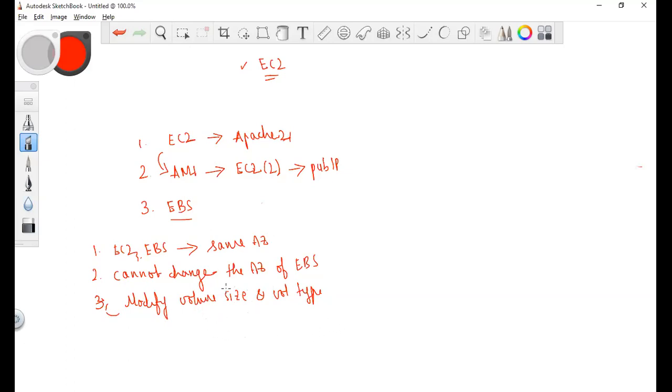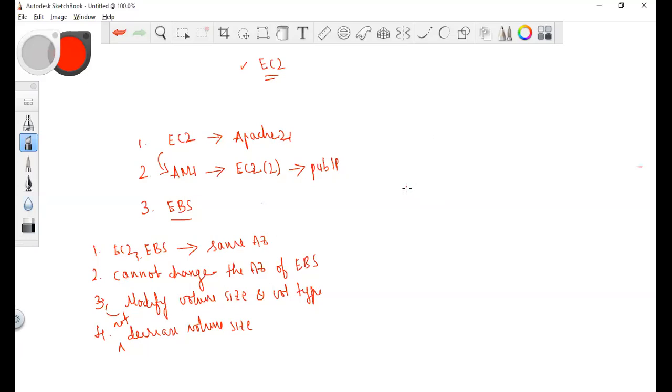And once you create a volume of 2 GB or whatever, you can increase it to 3. You can modify it, but you cannot decrease the volume size. Once you create an EBS volume with a specific volume size, you cannot decrease it. You can only increase it.